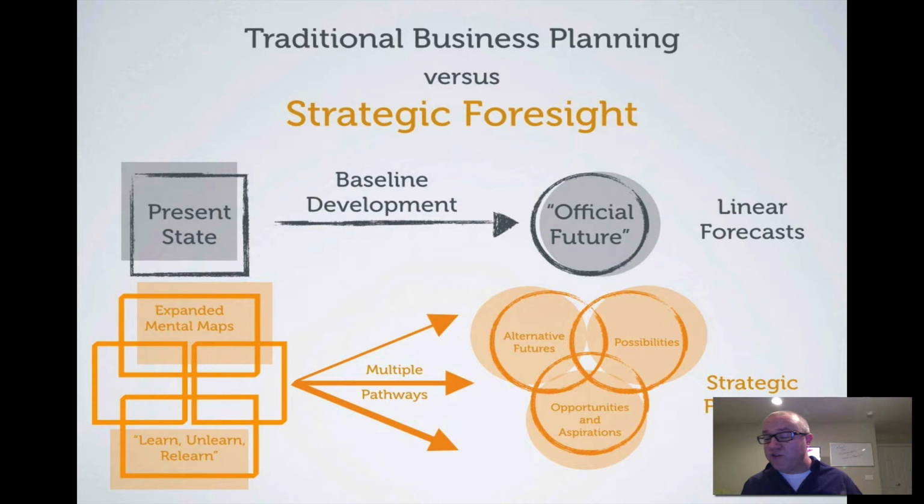backward transports us, or thinking backwards from the future, transports us and disarms our blinders and our assumptions. So as you see on the slide, building those expanded mental maps is the key to building those multiple alternative futures, which in turn is key to building a strategy that's future fit or future empowered and multiple in its DNA. So to do that, we have to start from the future and work backwards. And we want to work all the way back to our expanded mental maps, which is building a foresight culture in our organizations.